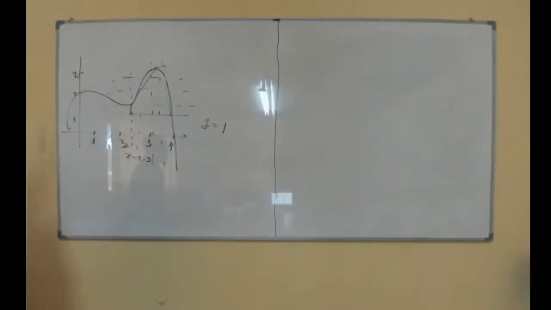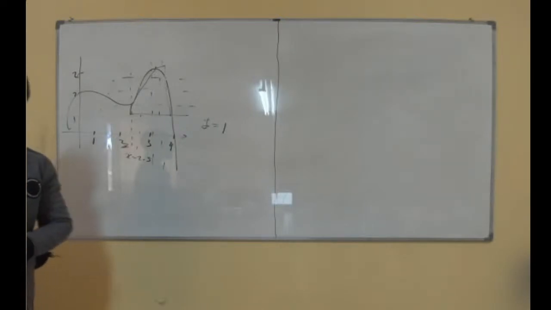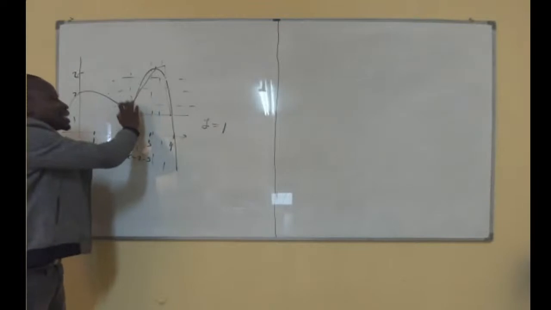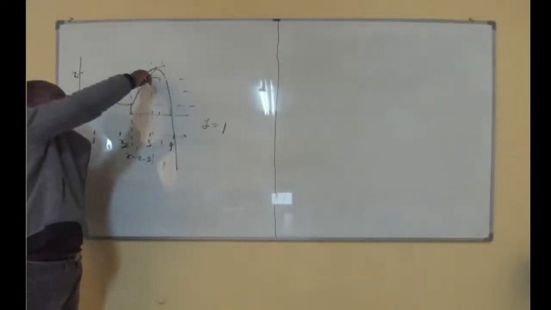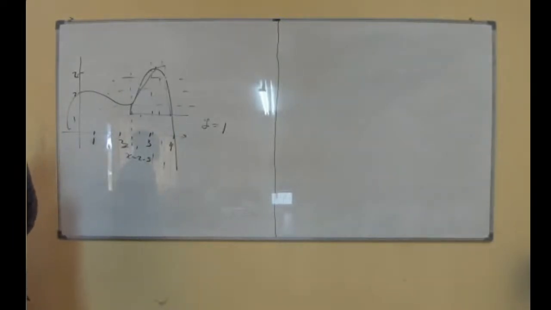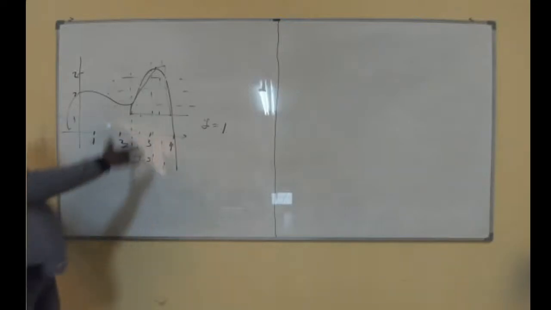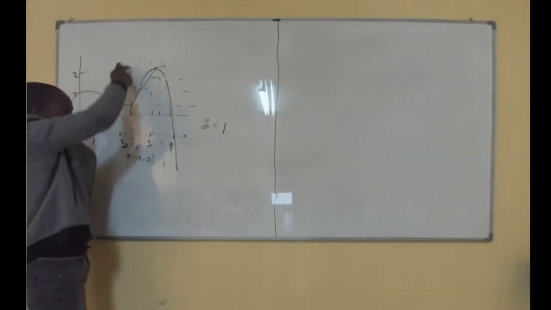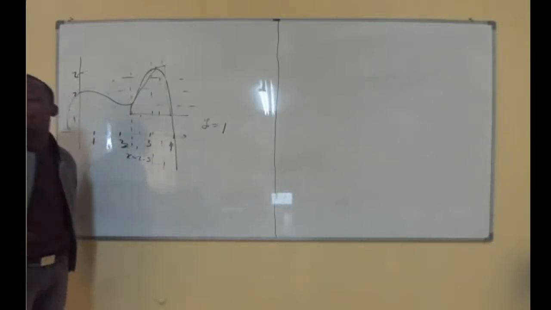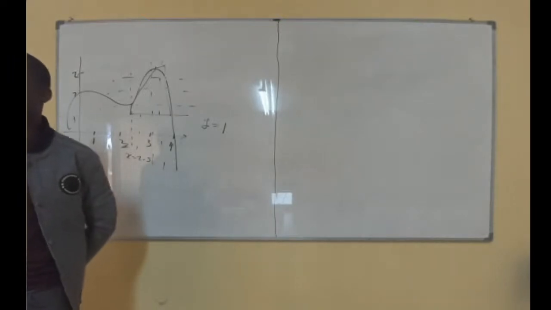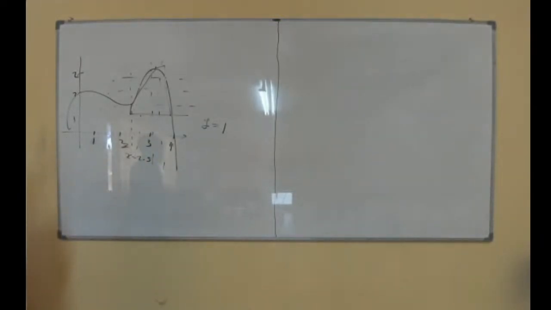Now, this time around, we don't need to worry about how to find this area. Because if I count the complete squares, there is a quarter of a square that is remaining, which you never used to count. So that's why you used to say the area bounded by the curve and the line y equal to 1 and x equal to 2.5 is approximately equal to. You never used to say is equal to, you just used to say